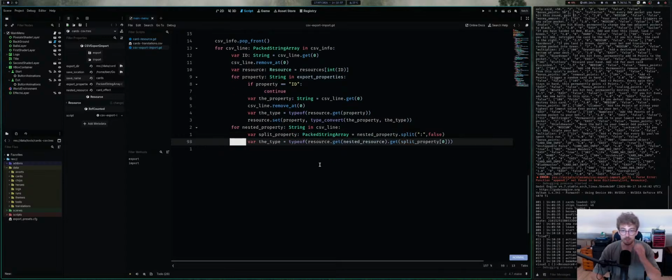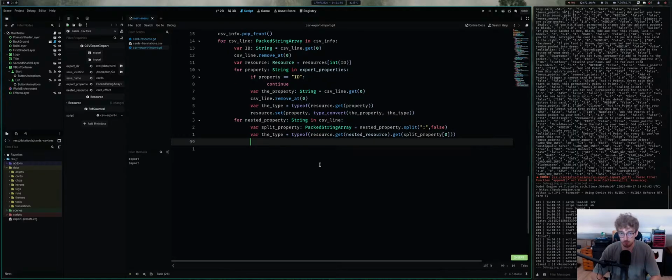So for a nested property, we get the type of it, and then we need to set it, right? So I need to do, this is gonna be a long line of code. I can split it up, but I'm just gonna do it at once. So resource dot get nested resource. And we need to set the split property